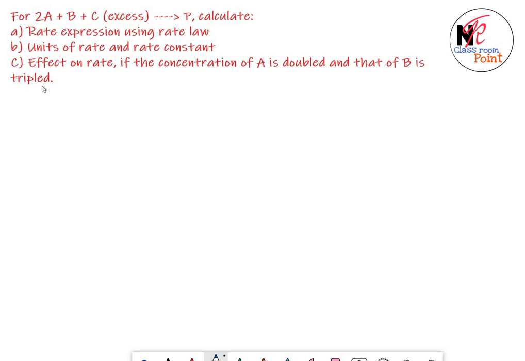So now let's try to see. I would like to remind you one thing. I'll take option A first. In any reaction, if any reactant is given in excess amount, then the order of reaction with respect to that particular reactant is 0 order, because since it is in excess amount, the rate of reaction does not depend on that particular reactant.